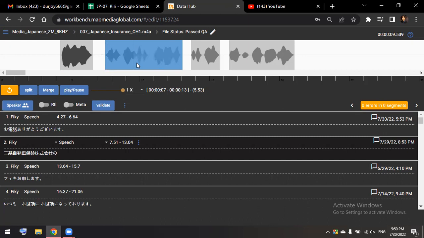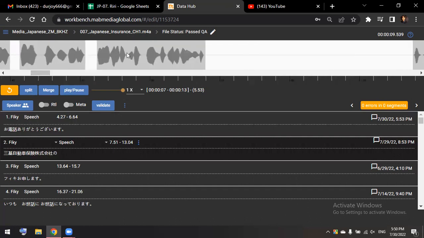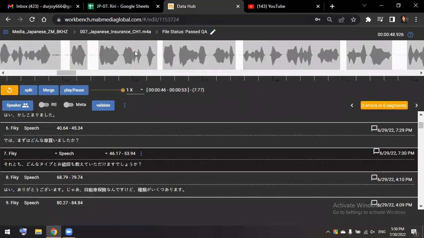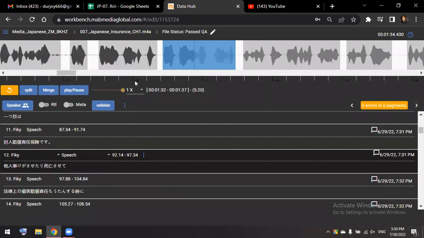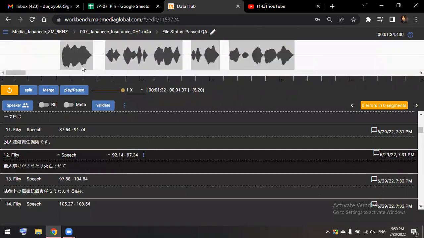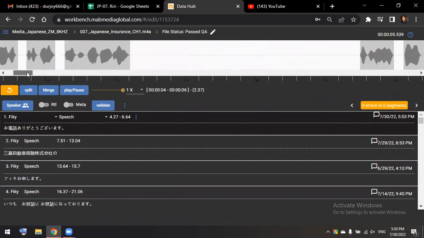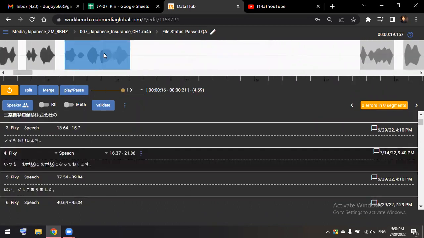Also, on this platform you will find each and every segment is already created. You don't have to make any segment, because we have the 16K works already finished, where you have to make a segment, make an overlap, make other speech, and follow so many rules. But this 8K is very easy compared to 16K. So 16K is already finished.